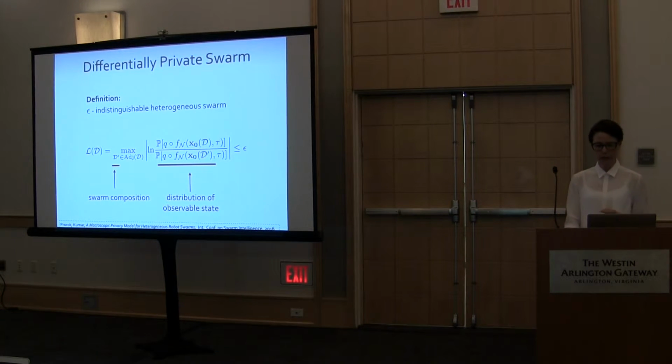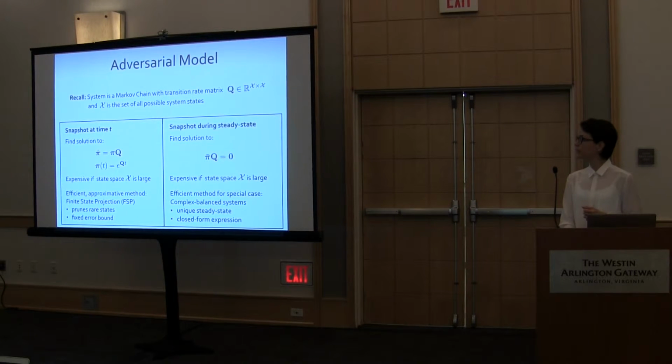state? And that will actually depend on what we assume to be our adversarial model. So we've studied 2 possible ways of viewing this. One possible way to view it is that we have an adversary that can take a snapshot of our system at a specific time t, and that would then amount to solving an ordinary differential equation and solving the system for time t. So where pi is my probability mass function of all the possible configurations that my system can find itself in. And the problem